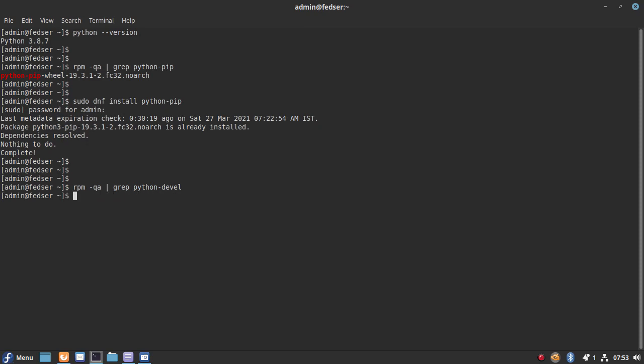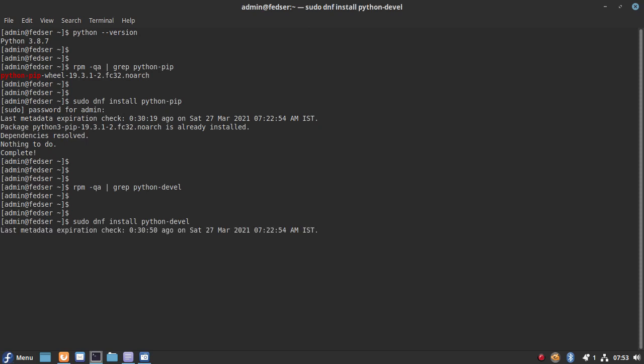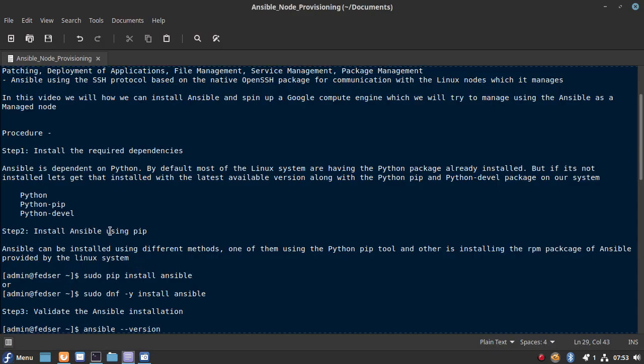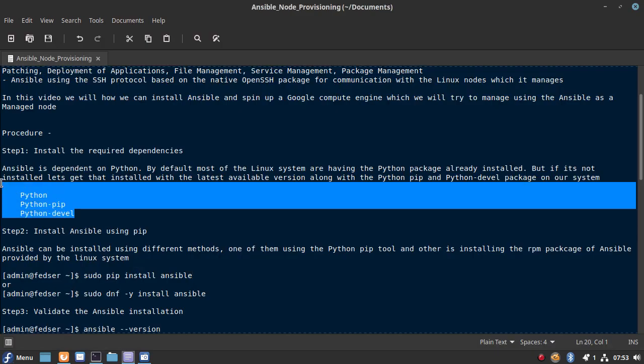Let me try to install it. I think I do not have this package, so let me try to install the Python development package. Okay, so the Python 3 development package is already available. All the dependencies which are required are already installed on my system.